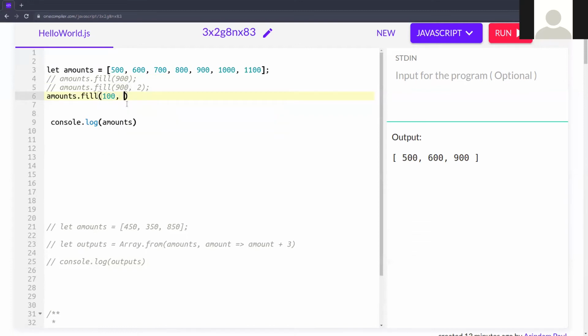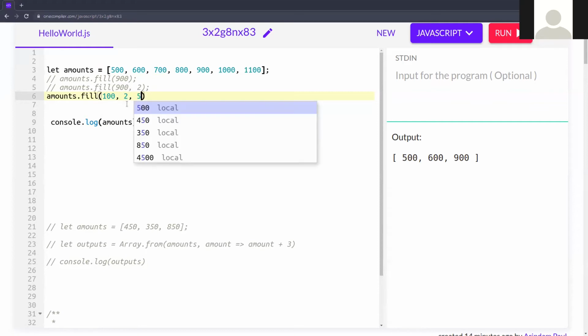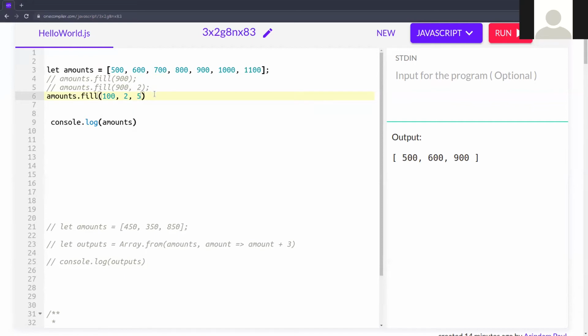Now you can give a start index, like 2 to 5. So it will replace the values with 100. This is the start point, meaning it will start from 2, that is 0, 1, 2. That means it will start from 700 and finish at the fifth position. That means 0, 1, 2, 3, 4, 5, so up to these 4 values will be replaced with 100.